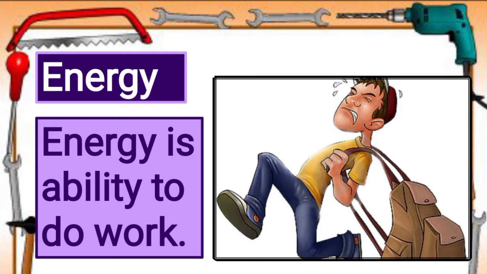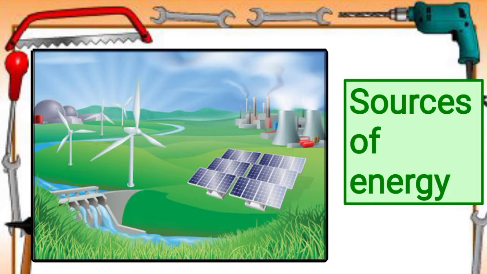So let's understand about sources of energy. The energy which is trapped from any system is called a source of energy. So sun is the ultimate source of almost all energy, and earth receives energy from the sun in the form of heat and light. So let's see some of the main sources from where we get energy.